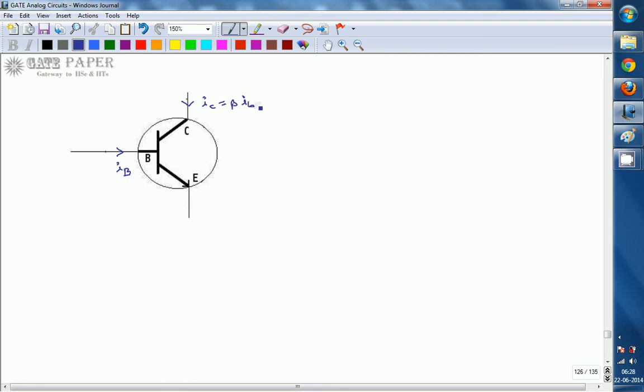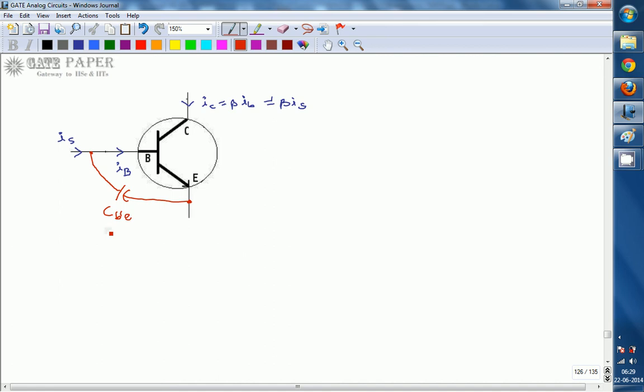So IC is equal to beta times IB, and if you are applying some source signal so that the input source IS is equal to IB, and there is no capacitor present, then what you get is beta times IS. So the applied input signal is amplified by beta times in this case. Let us assume there is a capacitor present. At high frequencies there is an internal capacitance between base and emitter, because base and emitter is a PN junction, so this is going to be C B dash E.